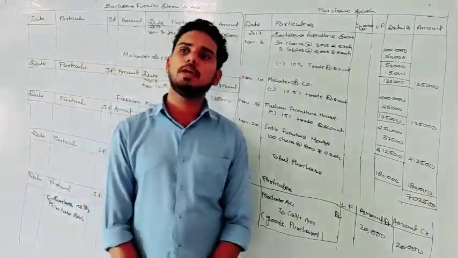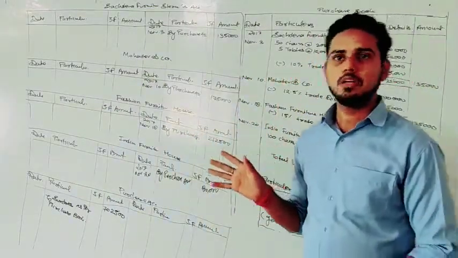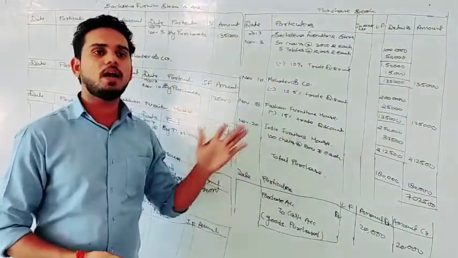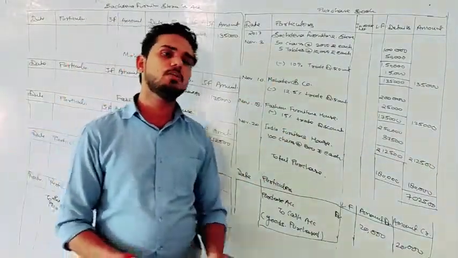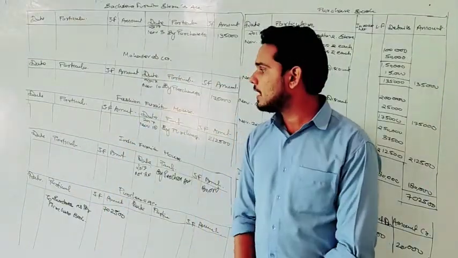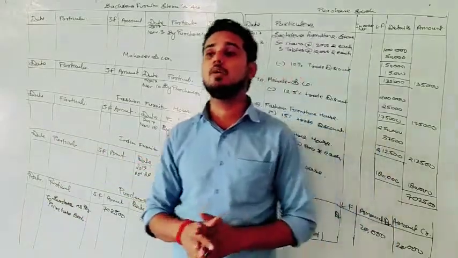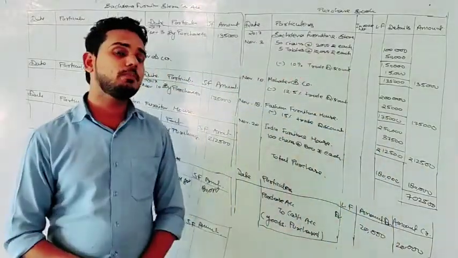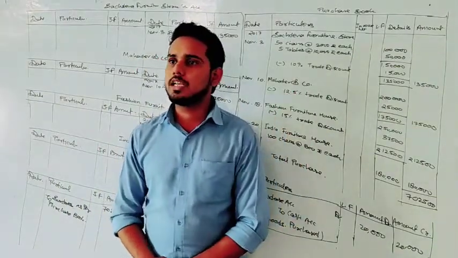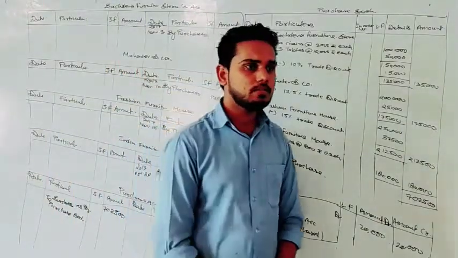In the same way you need to prepare the posting from the sales book also. First we prepare the sales book, then posting will be done in the accounts of all the parties, and you will simply write sales account, but that will not be written on the credit side, it will be written on the debit side, because at the time of sale we write Ram debit to sales, right? So this Ram will be debited, so on the debit side of Ram you need to write, right?